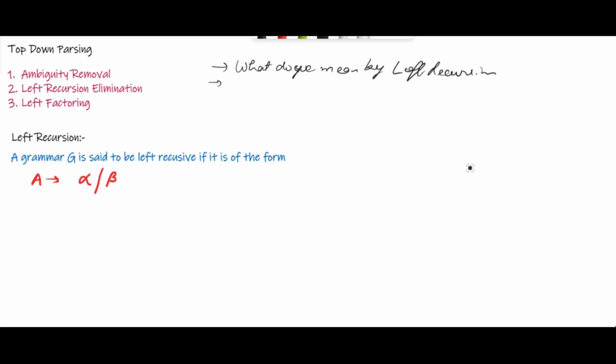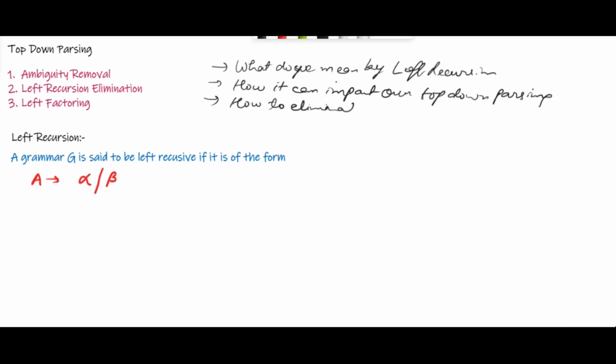Second, how it can impact our top-down parsing. And then how to eliminate left recursion